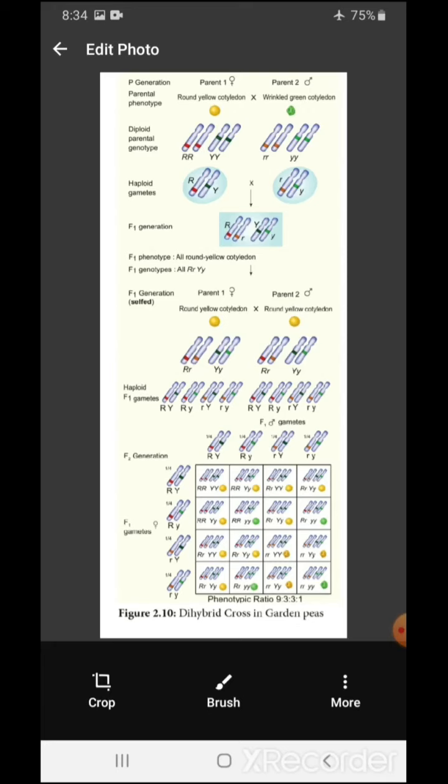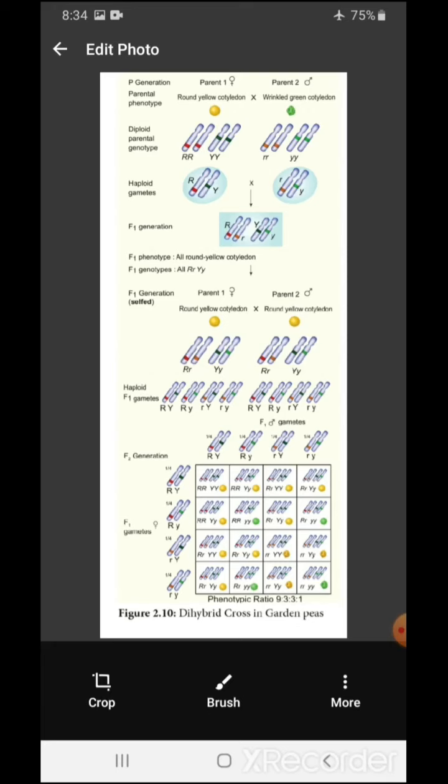So here we have the haploid gametes capital R, capital Y, from capital R, capital R, capital Y, capital Y, whereas small r, small y is produced from the wrinkled green cotyledon. The F1 generation is capital R, small r, capital Y, small y. So first of all we write the character of seed shape, then seed color. Here the seed shape is written first, and the cotyledon color second. Some of them get confused, so don't write capital R, capital Y, small r, small y like this. We write only capital R, small r.